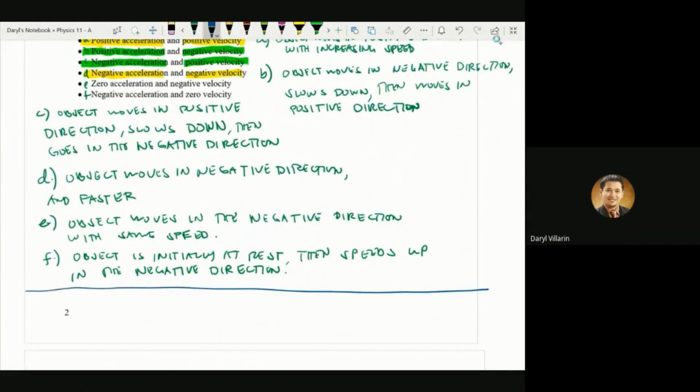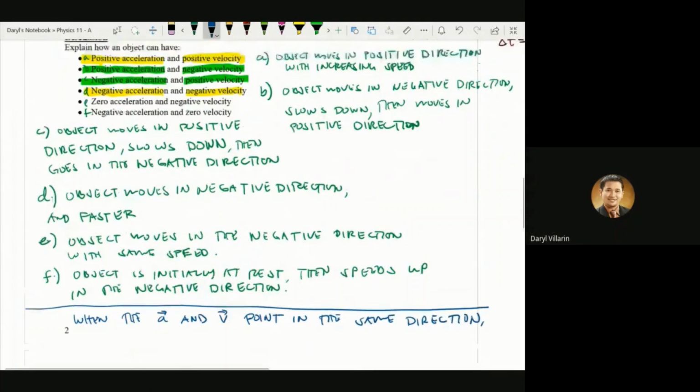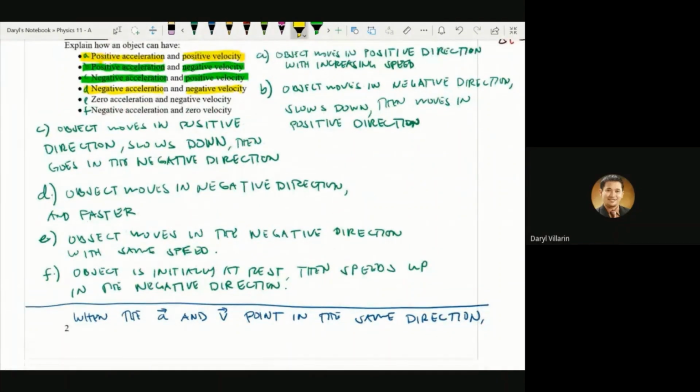So you can say that when the acceleration and velocity point in the same direction, again, that's the yellow highlighters that I point out, so the acceleration and velocity are in the same direction in that particular case,